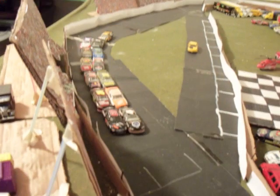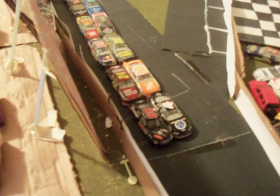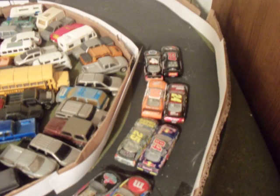Here they come into turn 1. It's even between Livingood and Marino. It looks like they're even under caution. Here comes no one trying to make a run. No run. That's it. As we move ahead here to lap 194 to get ready for the finish of the